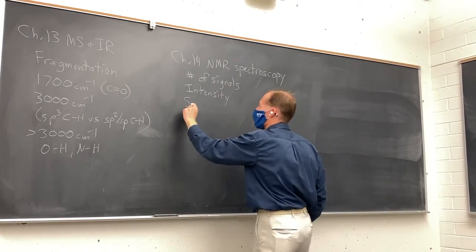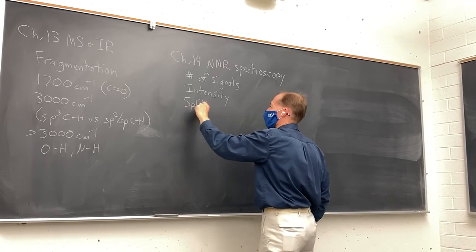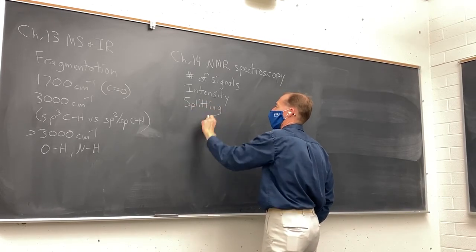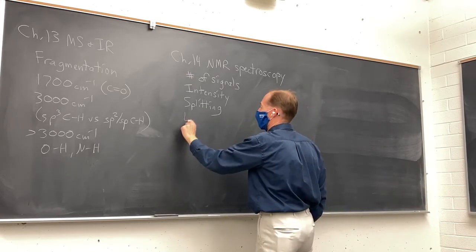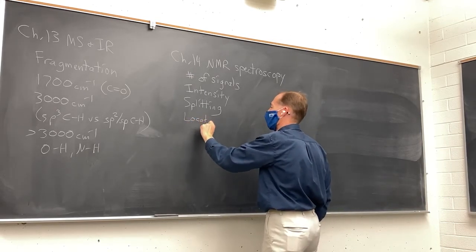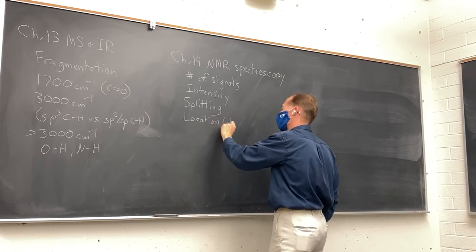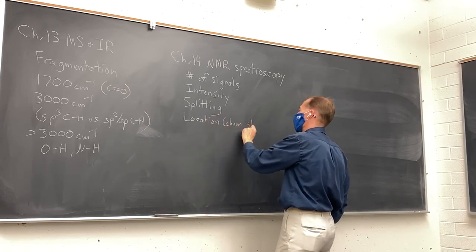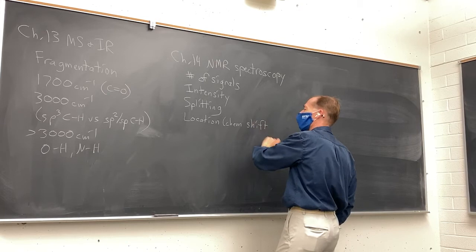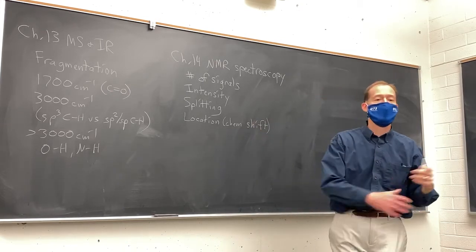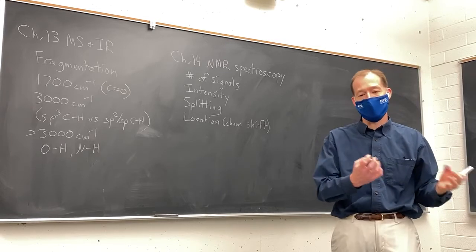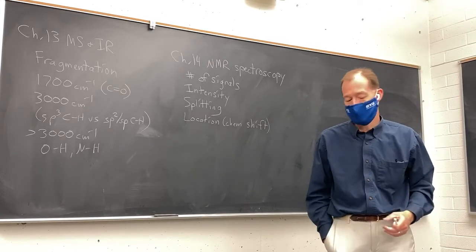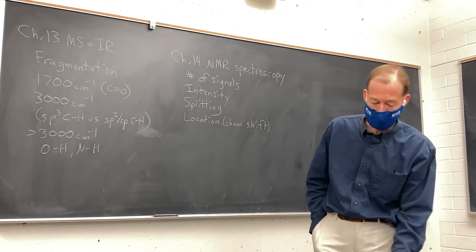The splitting of the signals, telling you how many neighbors there are, and then the location of the signals or the chemical shift, how that is related to the presence or absence of electronegative groups that are de-shielding those hydrogens, or perhaps electron donating groups